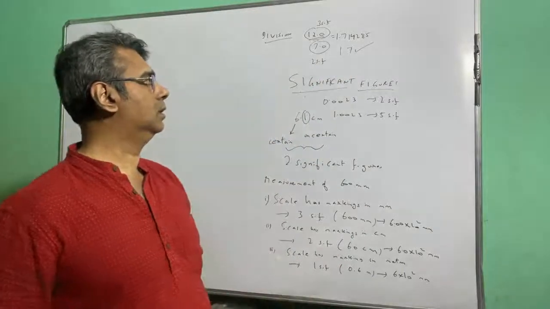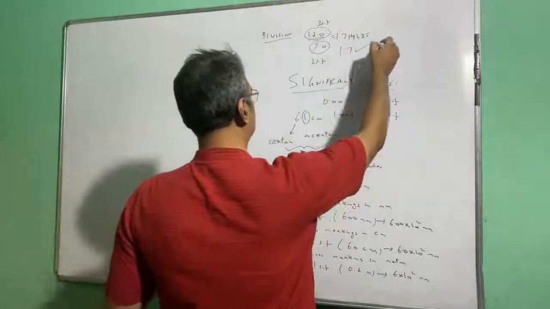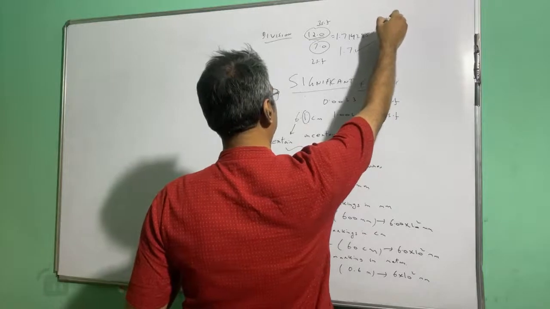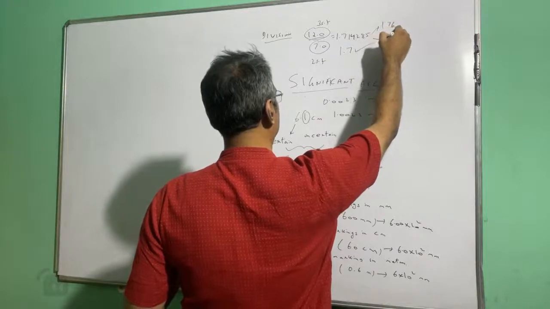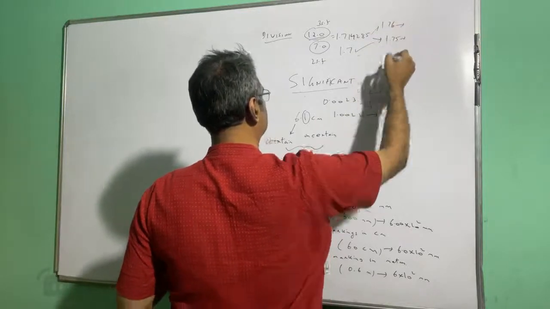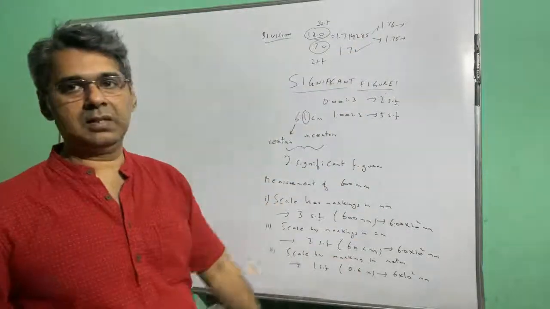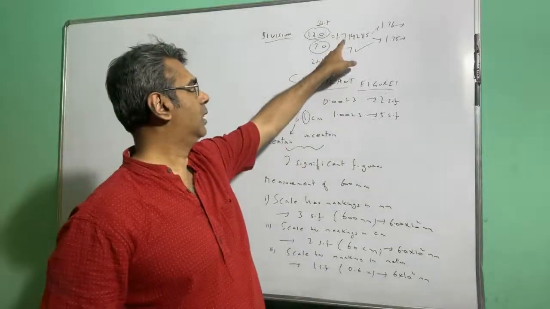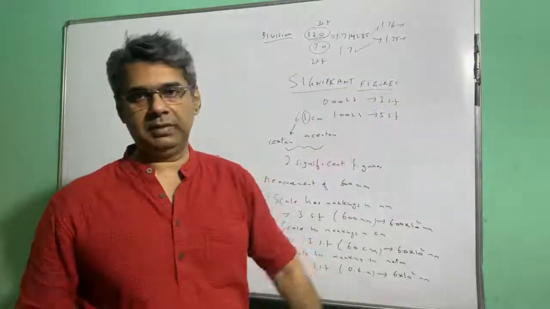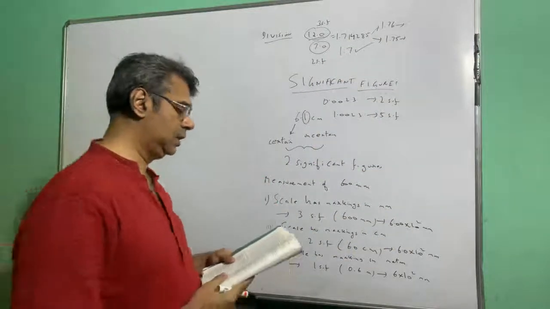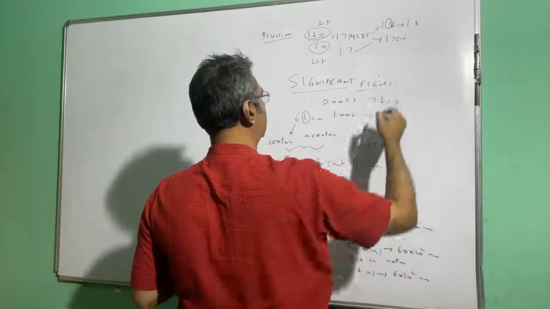Now, this particular answer, we said 1.7 is the final answer. Now, if it is 1.76, and if it is 1.75, then what do you do? Suppose 1.71425, you said the answer is 1.7. Now suppose it is not 1.71, it is 1.76, or suppose it is 1.75, then what do you do? Then the rule is, if it is 1.76, then you have to make it 1.8, which is